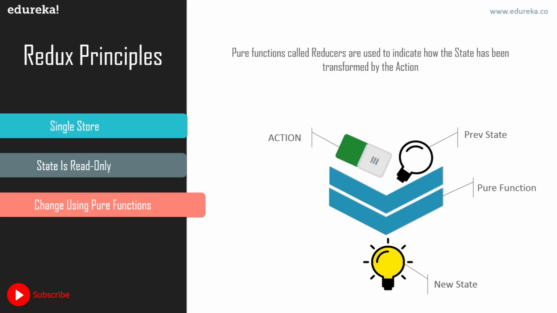You can start with a single reducer, and as your app grows, you can split it off into smaller reducers that will manage specific parts of the state tree. Because reducers are just pure functions, you can control the order in which they are called. You can pass additional data, or even make reusable reducers for common tasks such as pagination. The reducer function produces no side effects, and many pure functions can be composed together to process different parts of your state tree.